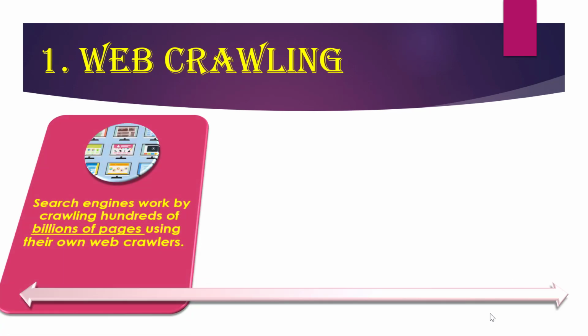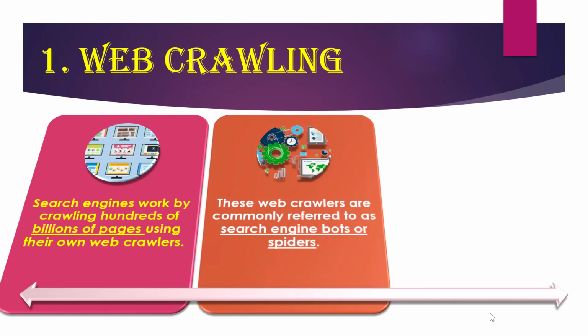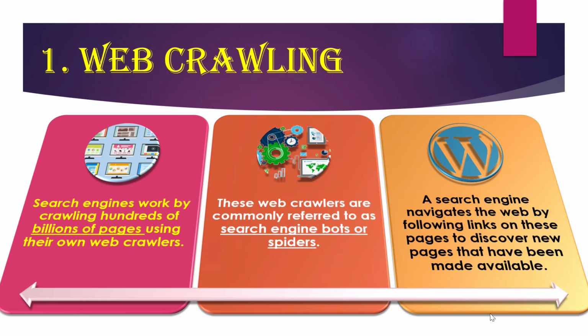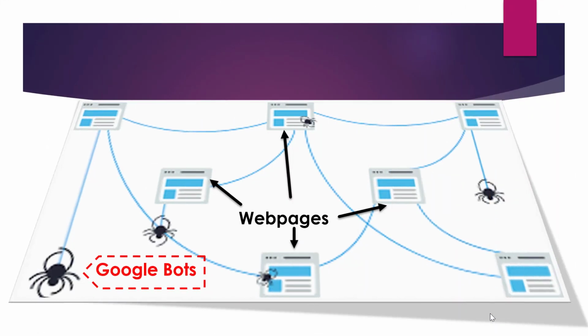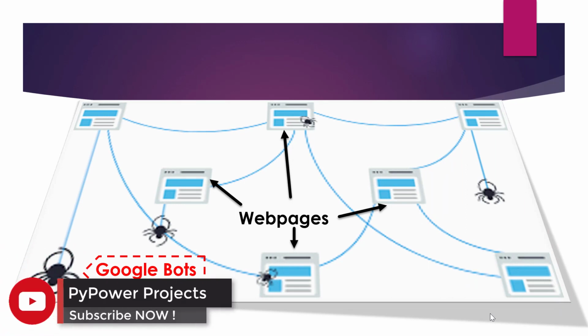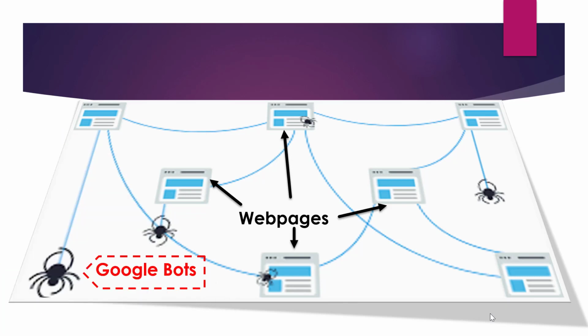In web crawling, each and every search engine has its own web crawlers, and those web crawlers crawl millions and billions of websites through the hyperlinks and store some of the information which will be used for further processing. In this image you can see that there are multiple bots known as Googlebots, and there are websites. These bots go from one website to another using a hyperlink and store some of the relevant information which will be seen in the second step.